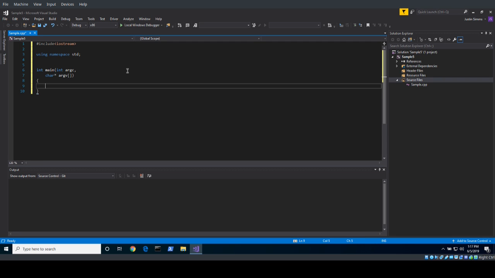Getting a little bit sloppy with my typing. Just trying to hurry up and get our template in place. Okay, so